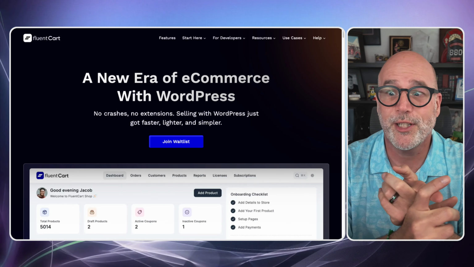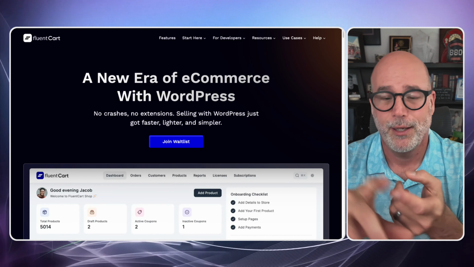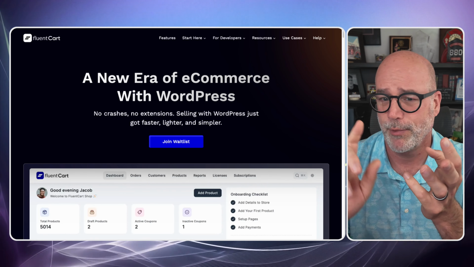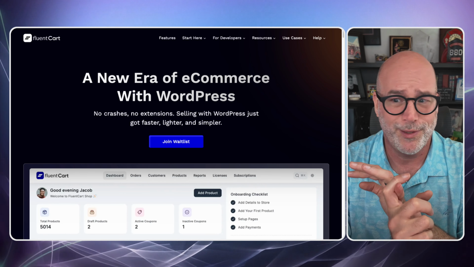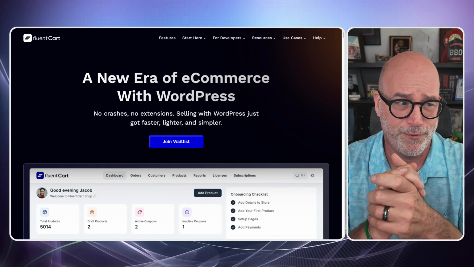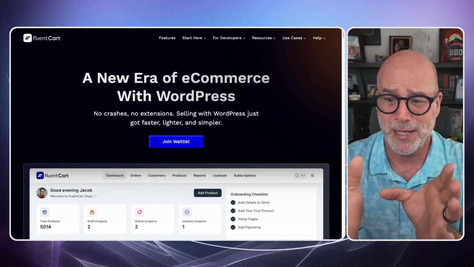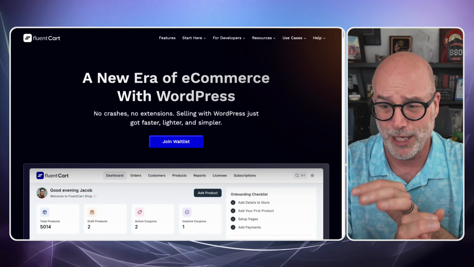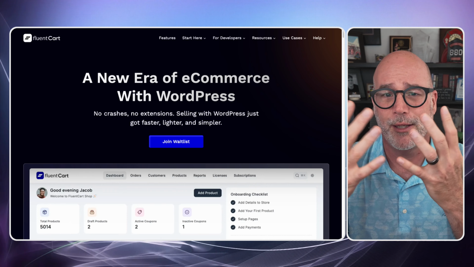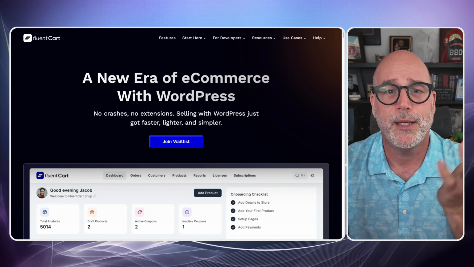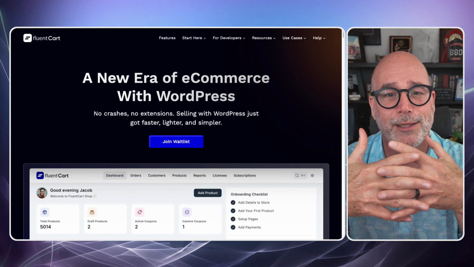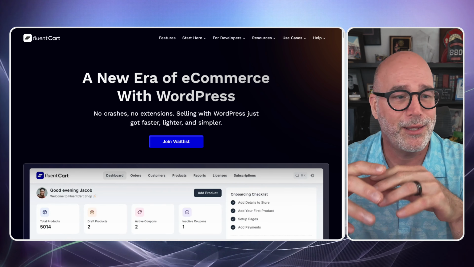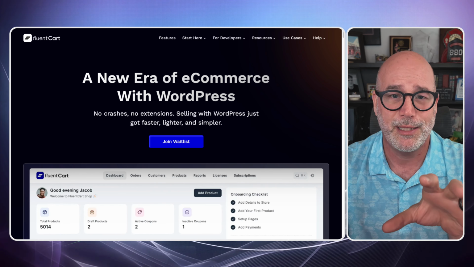So Fluent Cart that we're looking at right here, Fluent Support, Fluent Community, Fluent SMTP. I mean, there are so many of these. Fluent CRM. I love Fluent CRM, and they're all self-hosted, and they all talk to each other. It's just a wonderful system to get into.